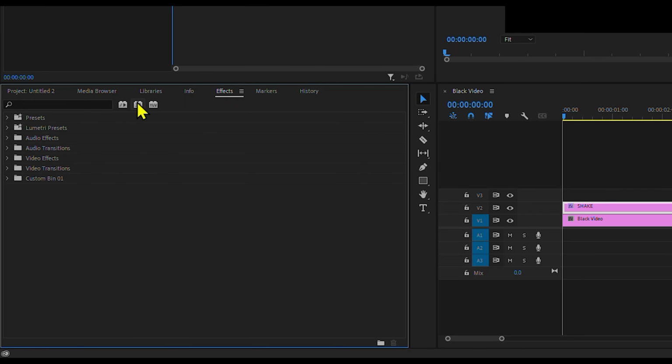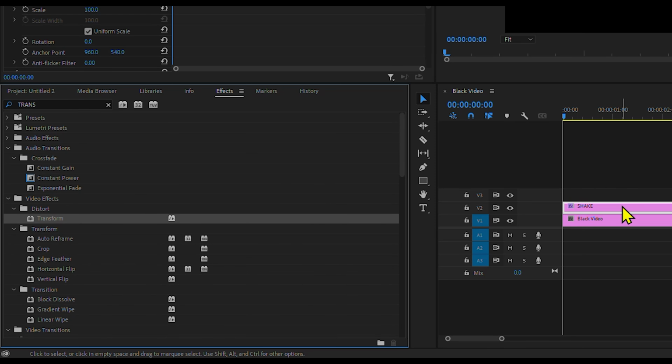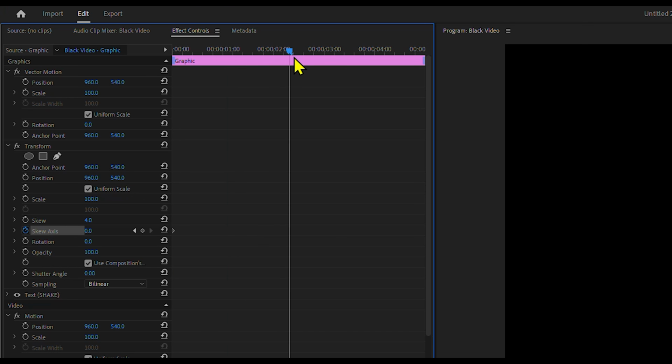Next, go to the Effects panel, search for Transform, and drag it onto your text layer. In the Effect Controls panel, adjust the skew value to 4 and click the stopwatch icon next to Skew Axis to enable keyframes. Move the timeline slider a few seconds ahead and increase the skew axis value significantly to create